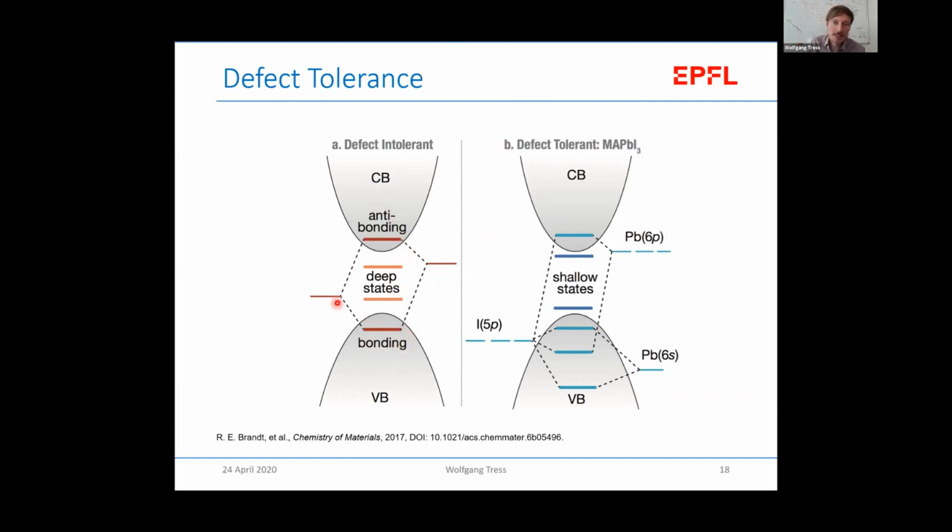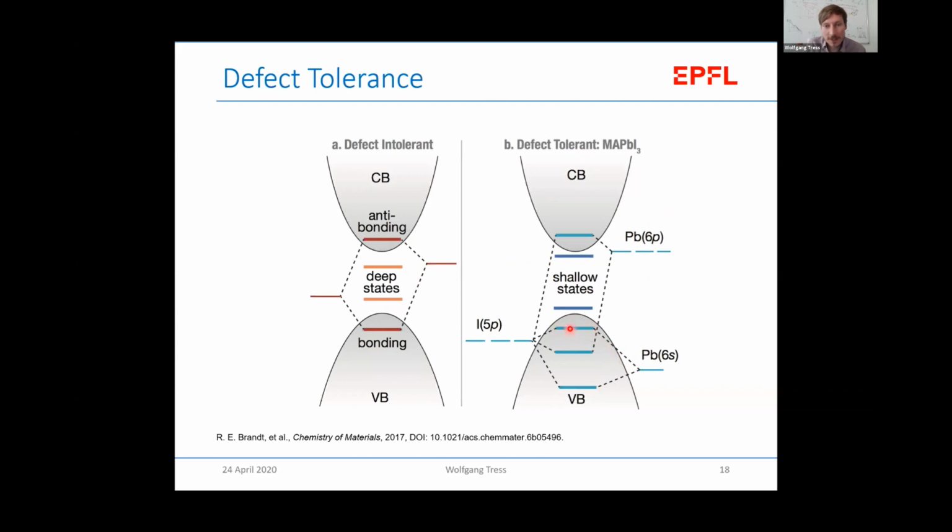In such a case, you would have the bonding ones occupied, making the valence band states, and the anti-bonding ones form the conduction band. And if in this case you have, for example, some defect, meaning that you cannot make this bond, then most likely you will get states in the band gap, because they will probably be closer to this state or this state. Whereas when you have the situation as it is with the p orbitals of the iodine and the s and p of the lead in these perovskites, you see that this state here,